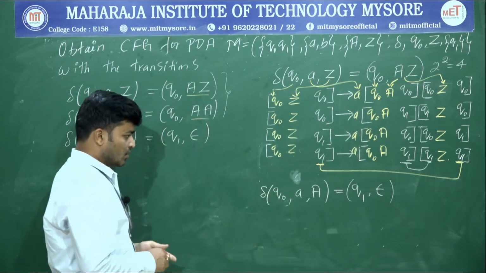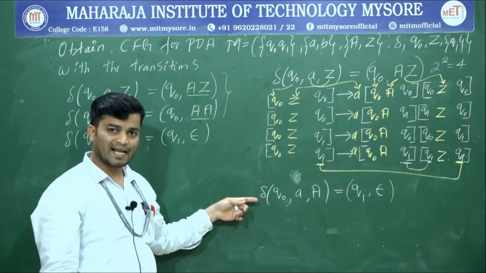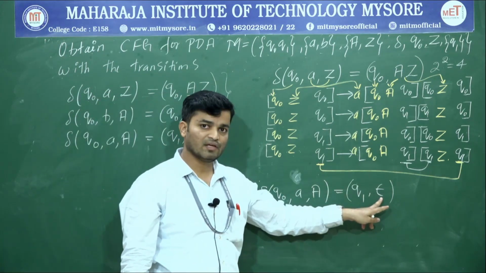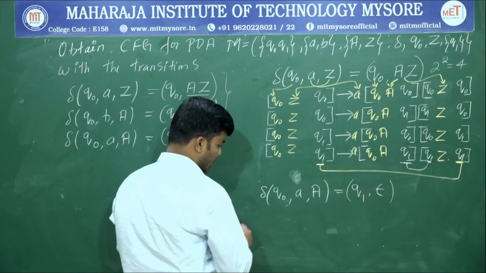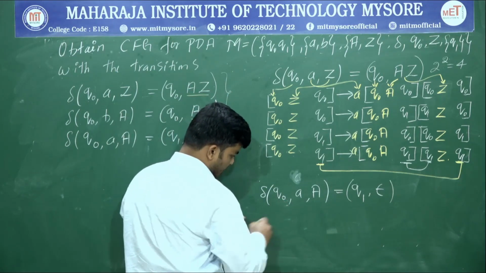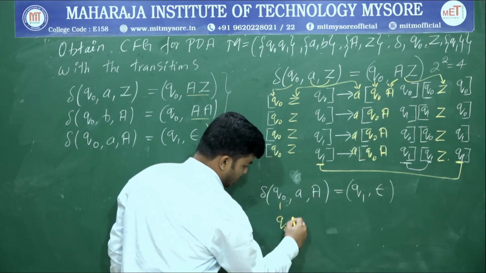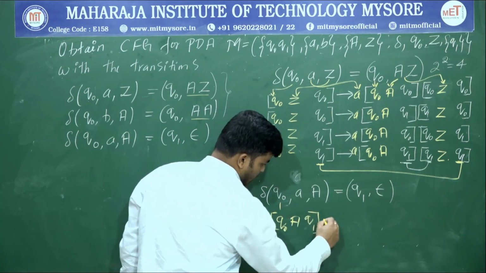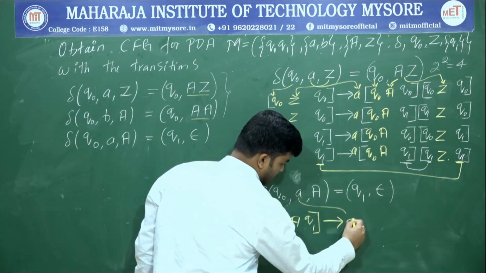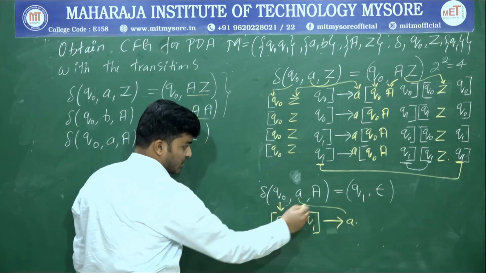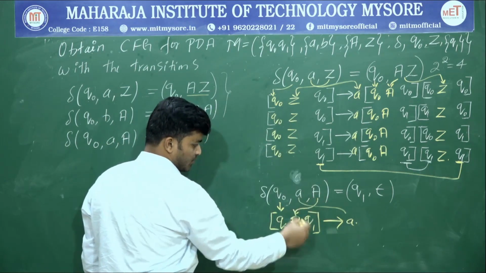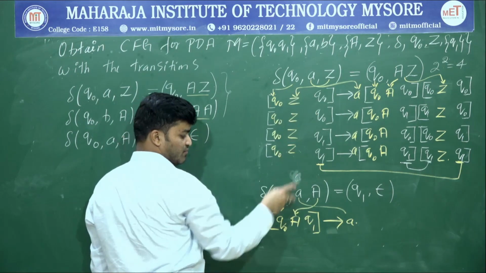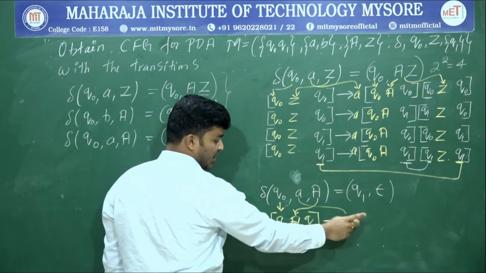Now I will solve the last transition function, which contains epsilon on the right hand side. If there is an epsilon, in that case you can write that one word directly. First you have to write this term Q0. Then A. If it's a Q0, then you have to write Q1. Arrow. So this A I have to write over here. I have written this one over here the same way, A in the second position. If it's a Q0, I will write Q1. If it's 4 Q0, 2 Q0, 2 Q1. If it's just Q0, Q1. And this way I have to write after the arrow.